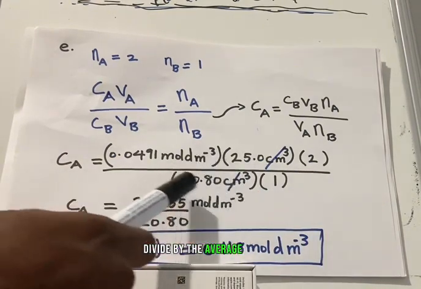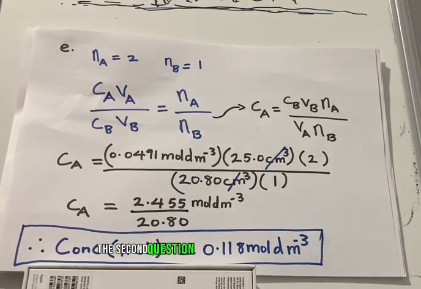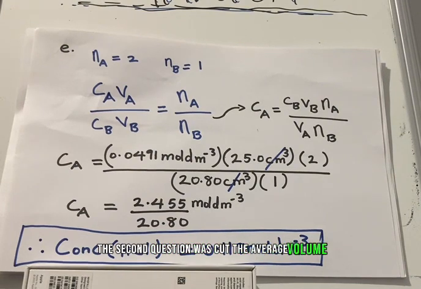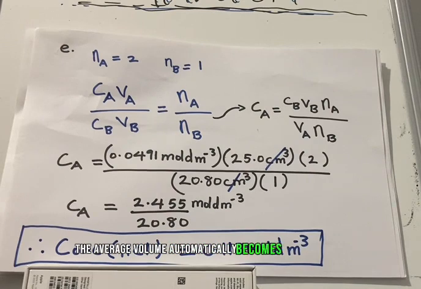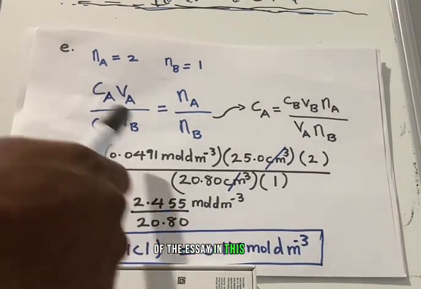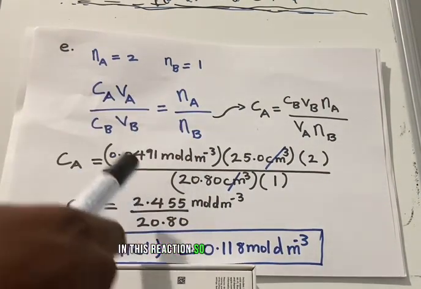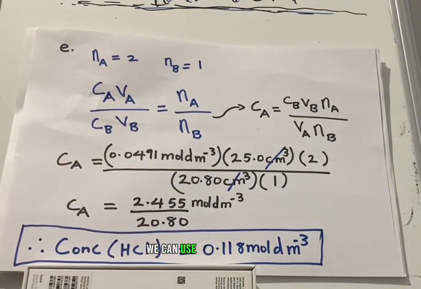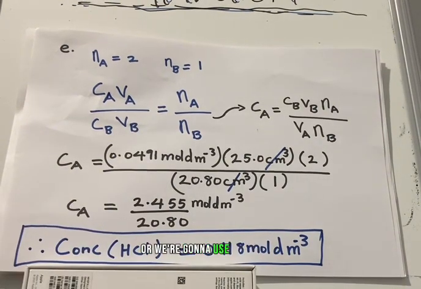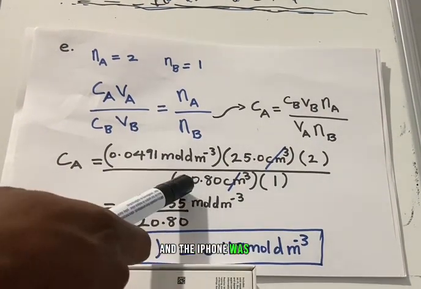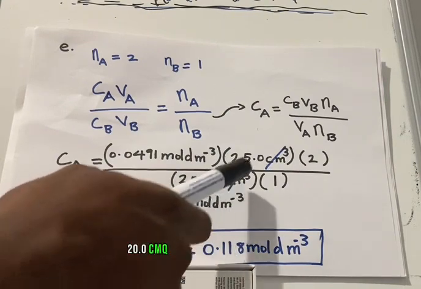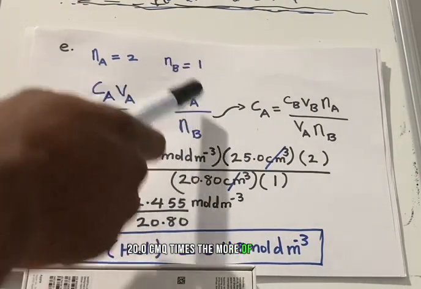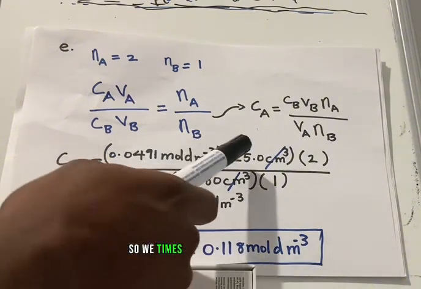divided by the average volume. You remember the second question was to calculate the average volume, and that automatically becomes the volume of the acid in this reaction. We could use any other volume, but we're always going to use the average volume, and the average volume was 20.80 cm³ times the mole of the base. So if we multiply everything here,